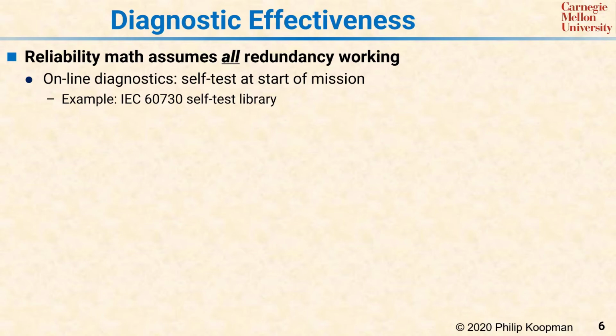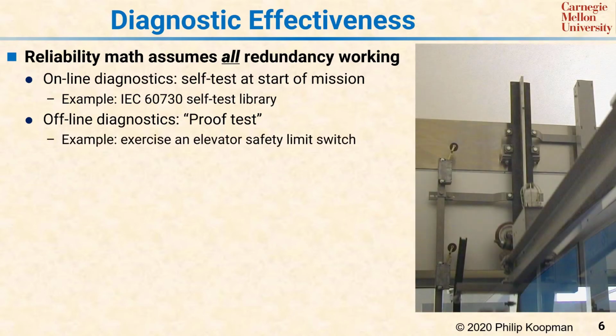if you can. Another way to improve diagnostic coverage is by using a thing called a proof test. It's called a proof test because the purpose of the test is to prove that the redundancy or safety function is still working properly. Let's use an elevator safety limit switch as an example to motivate why you would want